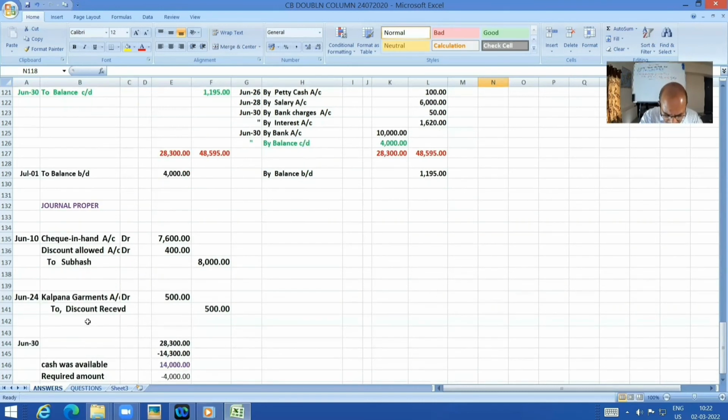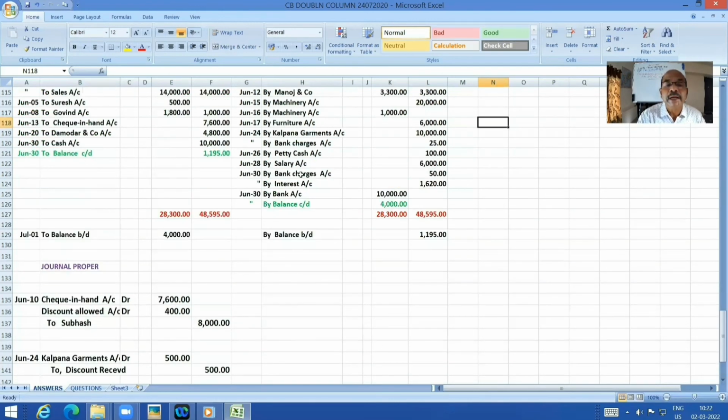Now, the next one is drew from bank for petty cash. Petty cash to bank or bank by petty cash. This petty cash is a very small chapter. It's not worth explaining. You can learn it yourself. Petty cash means there will be a small cashier. He'll be told, all small expenditure you take care of. For that, you will be reimbursed whatever expenditure you incur. So a petty cashier will be there. Okay. A petty cash expenditure has been incurred for 100 rupees. Whenever any petty cash expenditure like that is mentioned, you just debit petty cash account. Petty cash account debtor to bank. That's all.